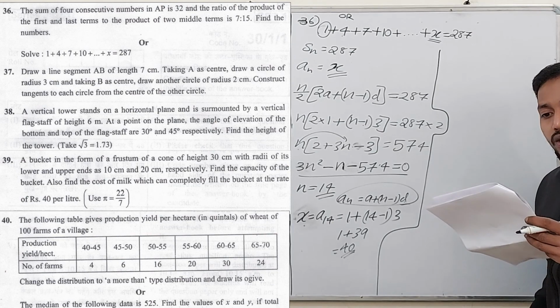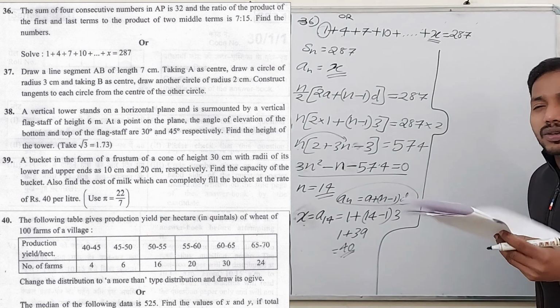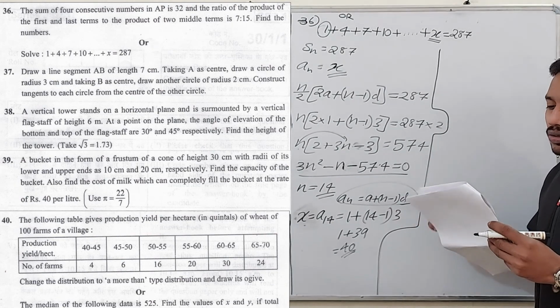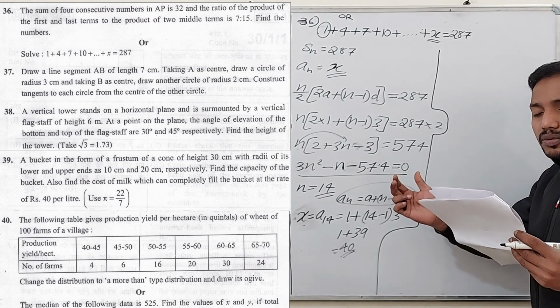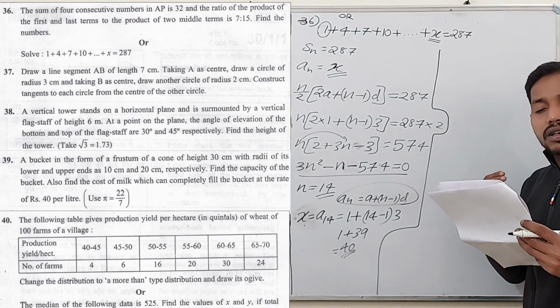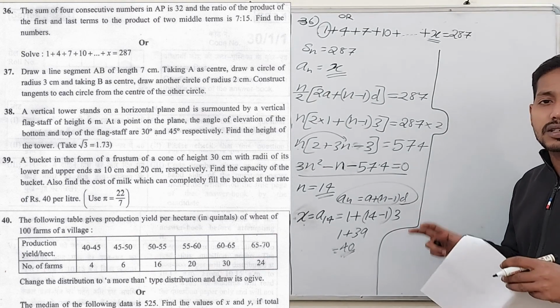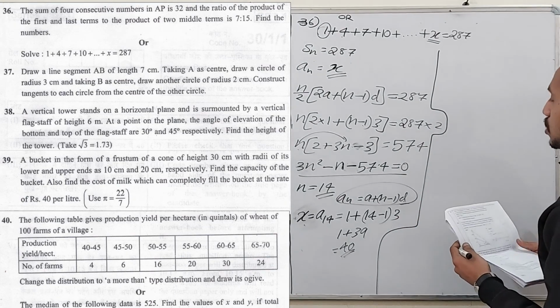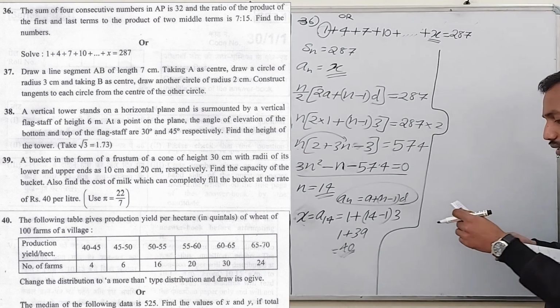Now come to question number 37, that is construction. So you can do it yourself, okay? The question asked from the chapter construction is a very simple one. So just practice the textbook constructions. Remember, construction of similar triangles is deleted from the syllabus. Now come to 38.